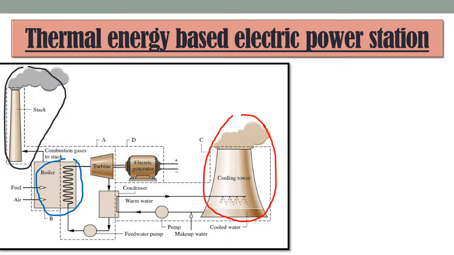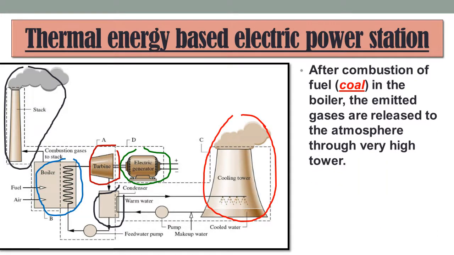Okay, and steam at very high temperature and pressure is generated in the boiler, and that boiler is connected to what? Turbine. The steam produced in the boiler is used to drive the turbine. The turbine is connected to the electrical generator, in which the electrical energy is produced. And this black colored arrow I have shown is the condenser, a system for converting steam back to water. That means it condenses the steam to water, and this is the electrical generator.